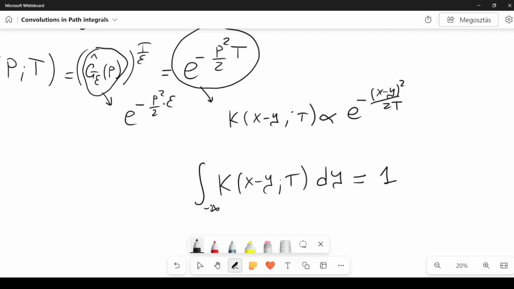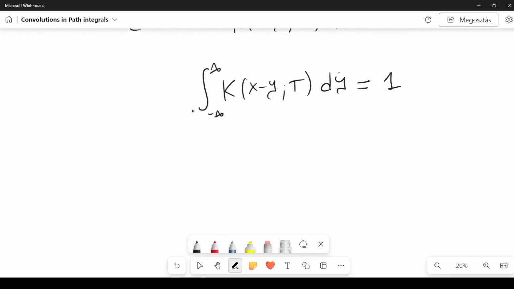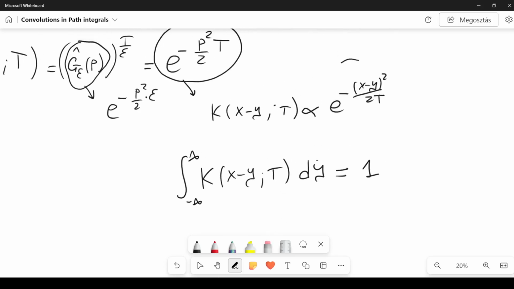So we integrate from minus infinity to plus infinity, and you can find the factor that has to multiply this function in such a way that this function is normalized, so that this integral gives 1. And once you do that, you can show that the function, this one, with the multiplicative factor that you can find from this condition,